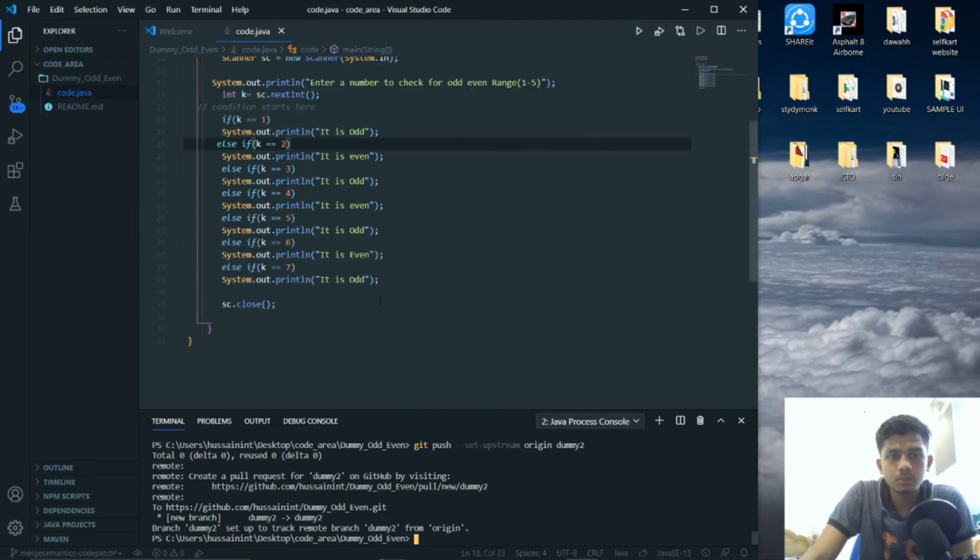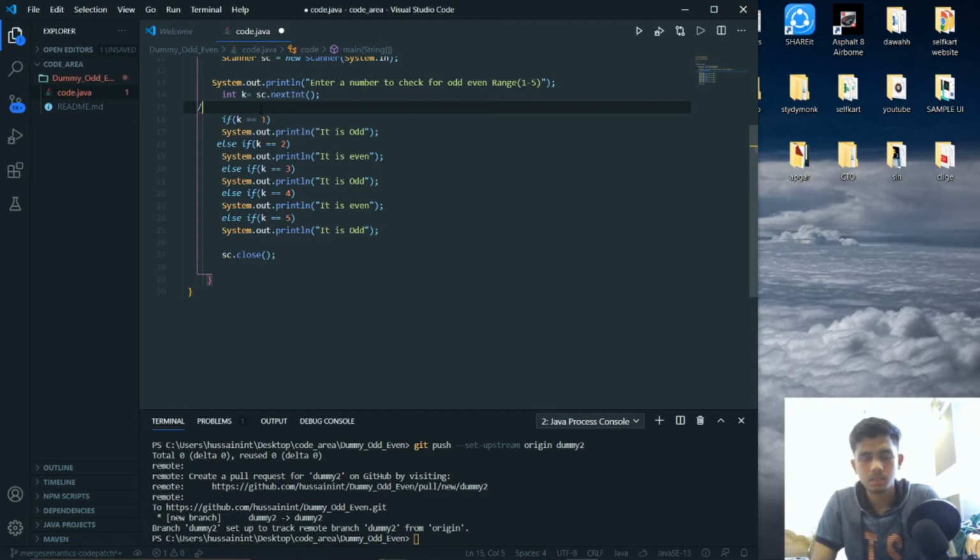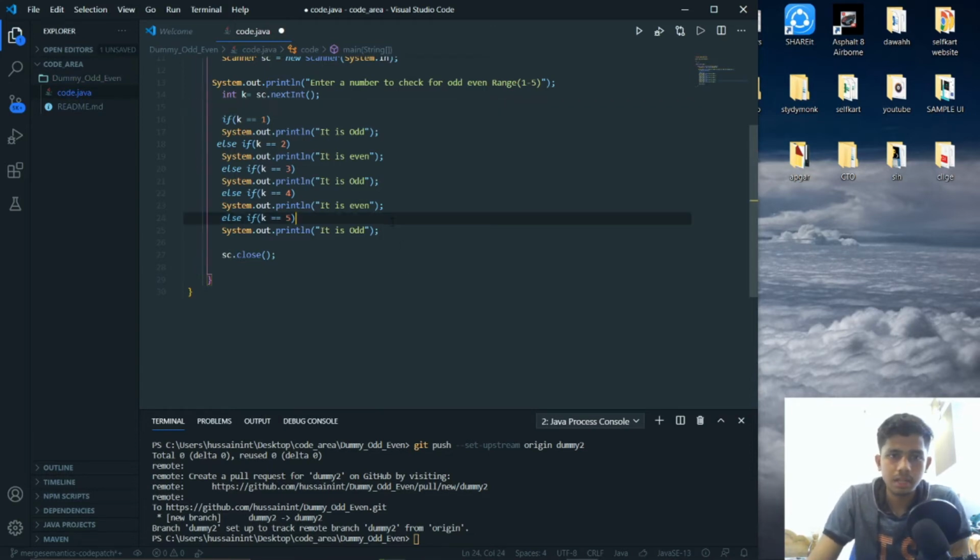Now we'll make some changes here. We'll delete the last two lines of code. We'll delete this comment and add a comment down: code till number 5, or condition till number 5.